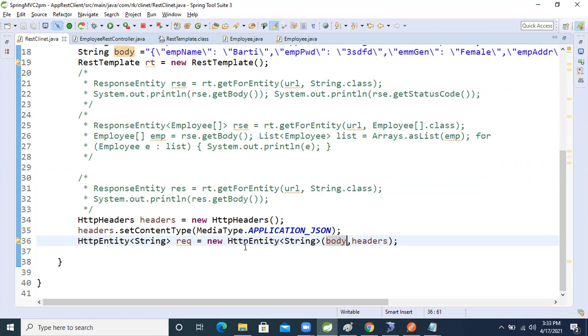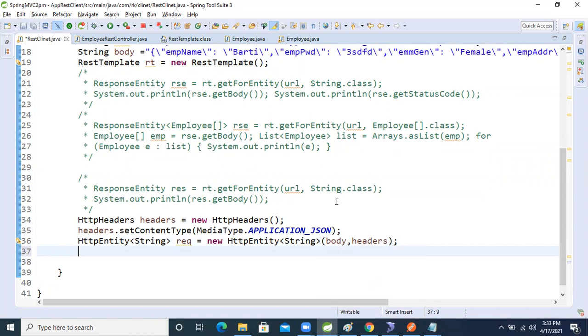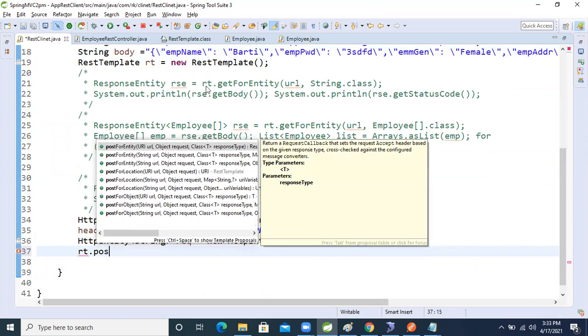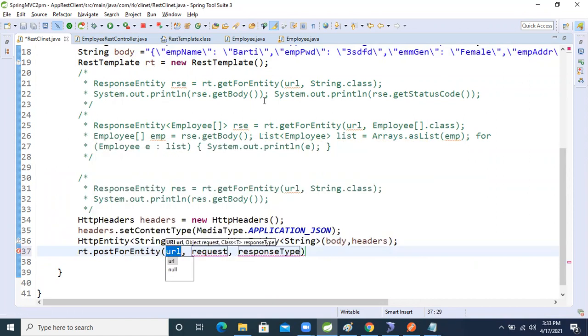After that, what will we do now, guys? We will make the response. For that we need to make the post method, right? To save the data we need to make the post. So rt dot postForEntity. In this method we pass the URL, then we store this request here, and then String dot class.